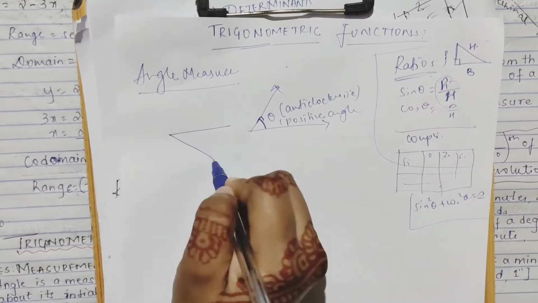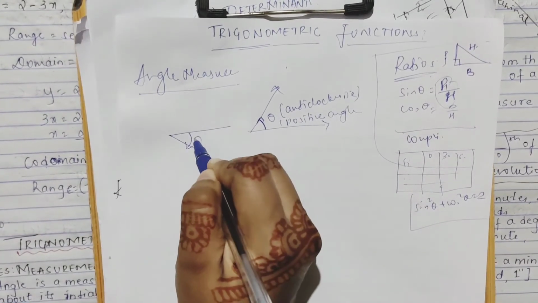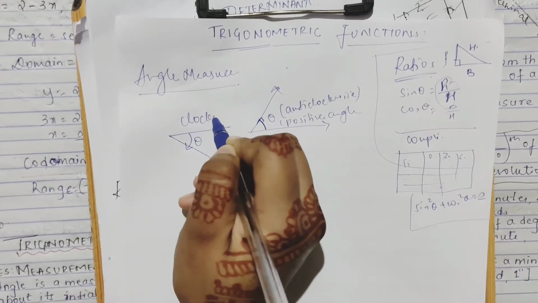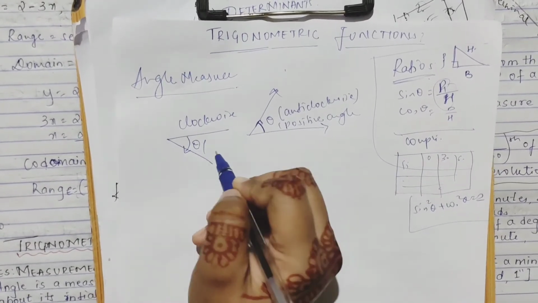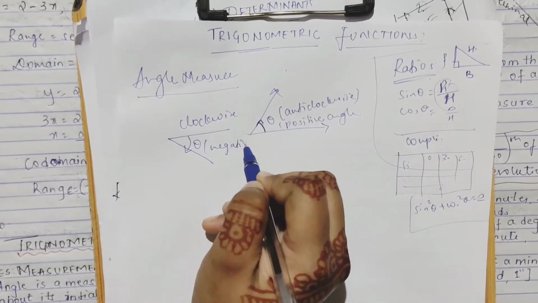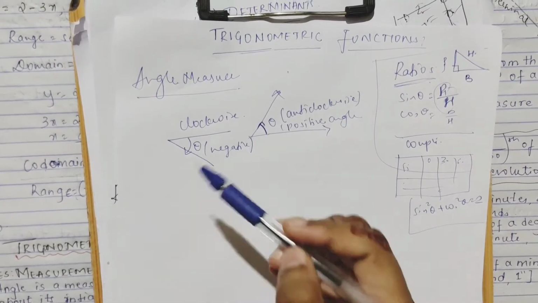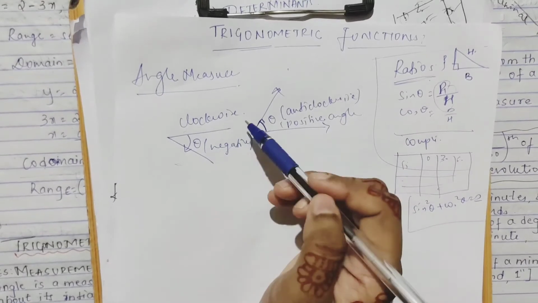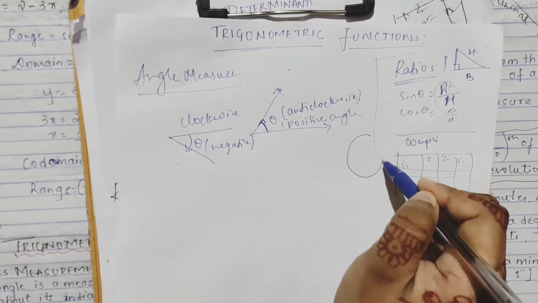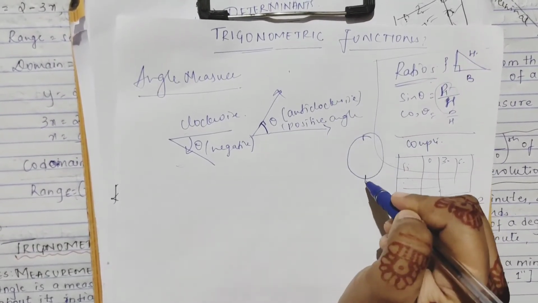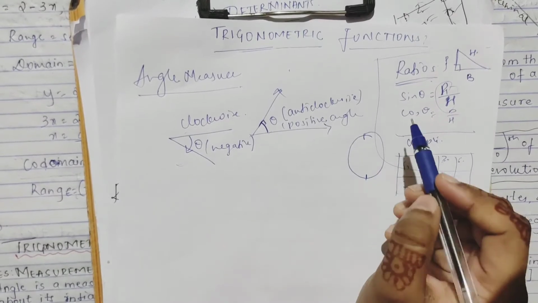It is the same if it is clockwise, like this, if it is going this way, this is clockwise, so the angle becomes negative. If it is anti-clockwise, it will be positive. If it is clockwise, it will be negative. You know, right? See, you have a clock. If you don't understand what clockwise and anti-clockwise are, just remember how a clock runs.